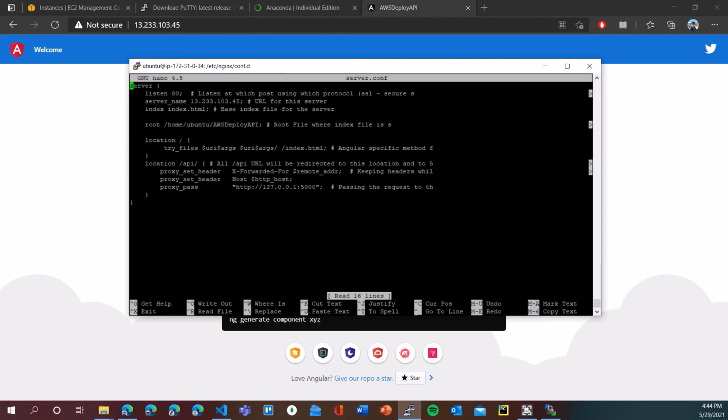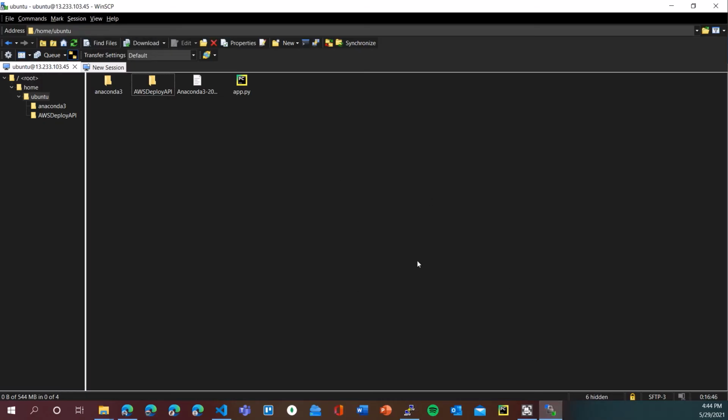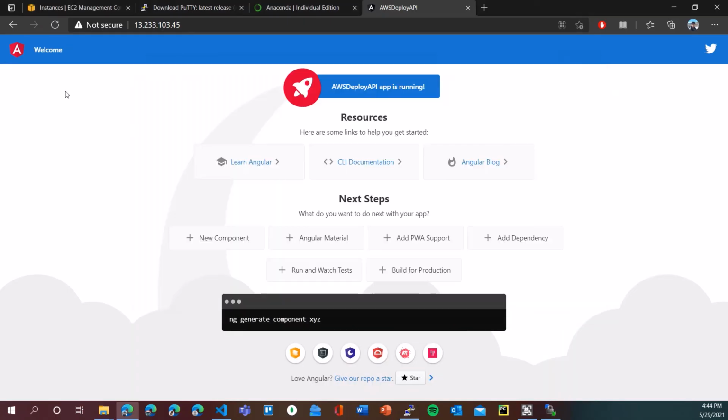So where it gets the location nothing, it tries files and finally it goes to index.html. This index.html is kept inside the root folder. As we have already built the root folder and copied it using WinSCP from our local to the server, it will find an index.html file and then return that index.html file. So this is the index.html file that we see on the browser.